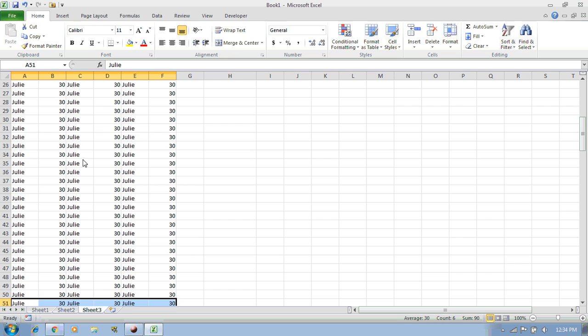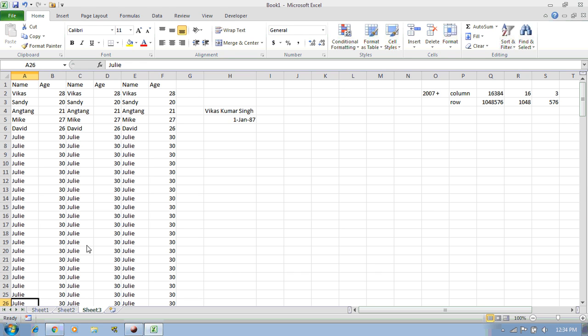If I press Page Down again, it will show data from row 51. See here, it is showing data from row 51. And if I press Page Down again, it will show data from 61. If you want to move back, you can press the Page Up button.